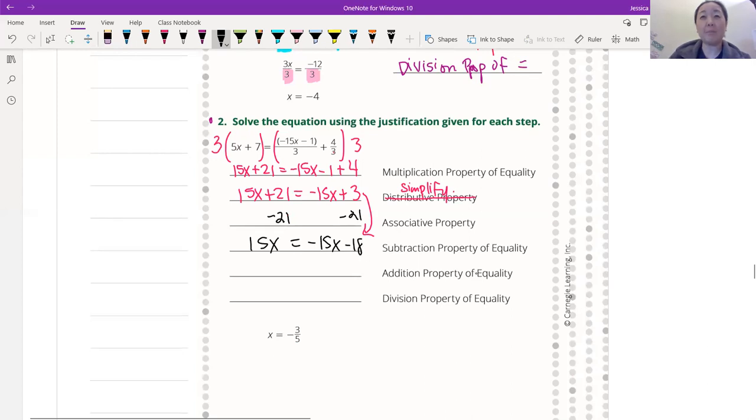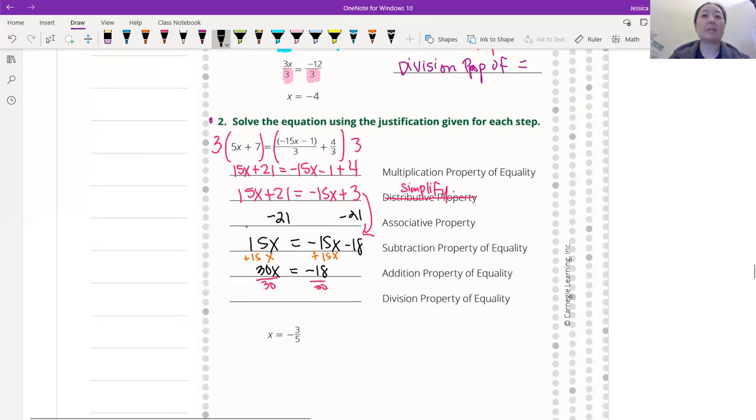And it says addition property, so let's go addition. We got this. Remember, addition is going to be, I'm going to write this small. So plus 15x plus 15x. And then we're going to get 15 plus 15 is going to be 30x is equal to, cancels out, negative 18. And then it says division property. Well, we got to divide by 30, right? So here, divide by 30,